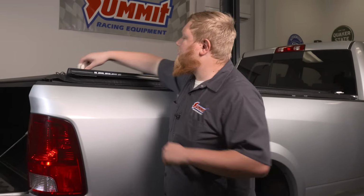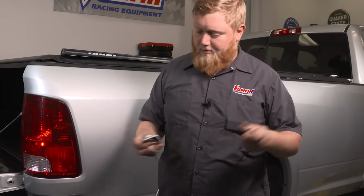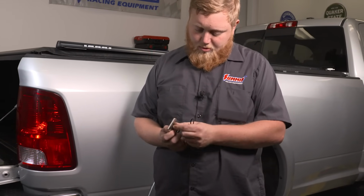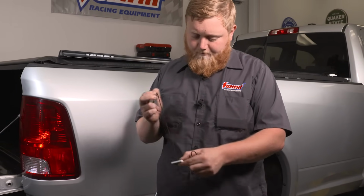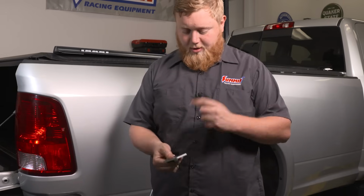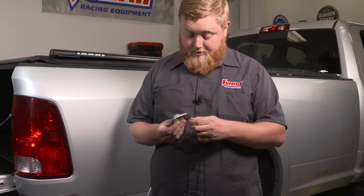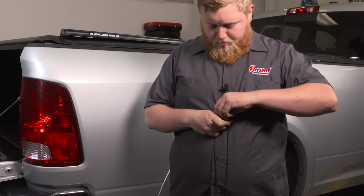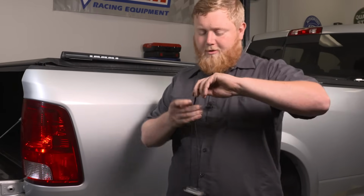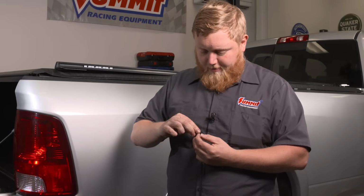Now our rack's attached by this cool aluminum puck system, and I'm gonna show you guys how to put one of these together. So you take your piece of rope here, you feed it through the biggest puck first. This is the one that's gonna actually lock it to the truck. Followed by these two smaller ones. Now with those together, I'm just going to take the top, tie a little baby knot,